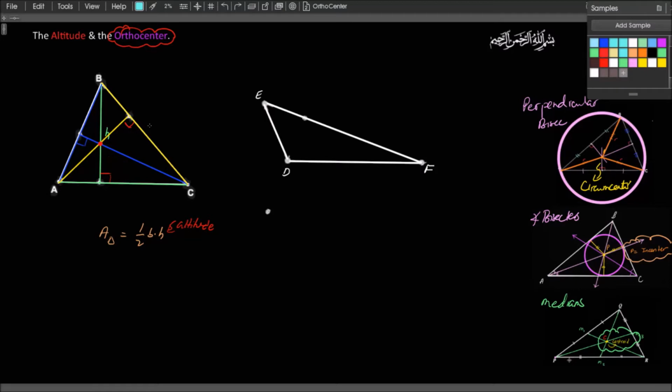For an acute triangle like this, the altitude is on the inside. For an obtuse triangle, the altitude, in fact, is on the outside. Now I'm going to draw the three altitudes here for this obtuse triangle, and you will see that the orthocenter is, in fact, on the outside of the triangle. Orthocenter, of course, is the point of concurrency of the altitudes. So here's the first altitude over here, like this, and I shall draw the second altitude over